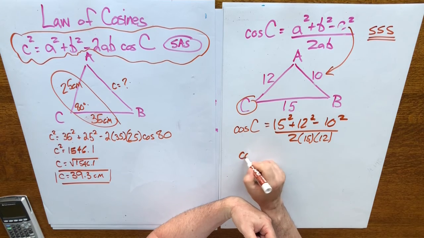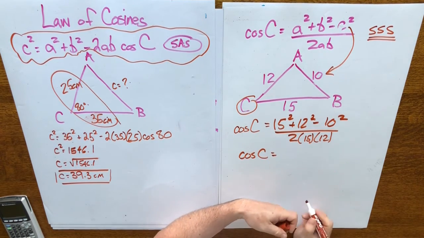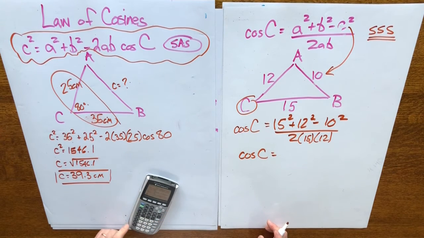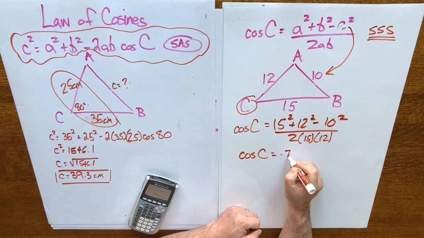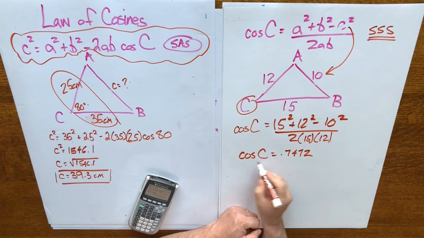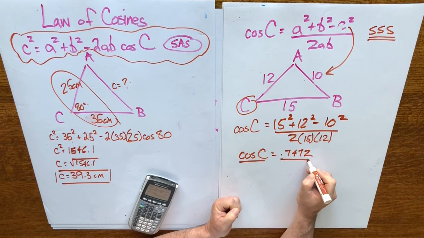So let's work that out, and remember that you're finding cosine C here, so this is going to be a decimal number. So if you do 15 squared plus 12 squared minus 10 squared and divide that by 2 times 15 times 12, you get a decimal number of 0.7472. So notice that when we're dealing with a trig ratio, you want 4 decimal places here to compare,